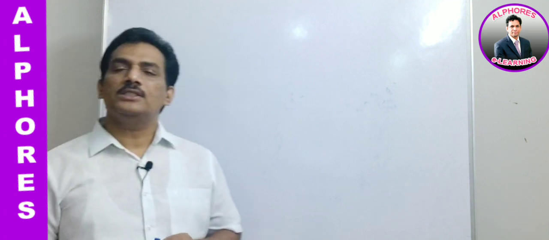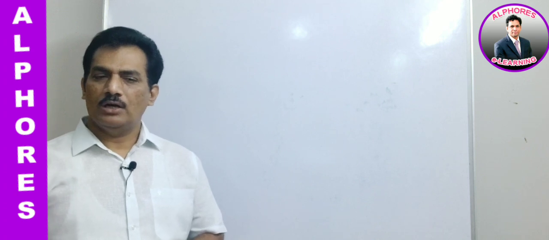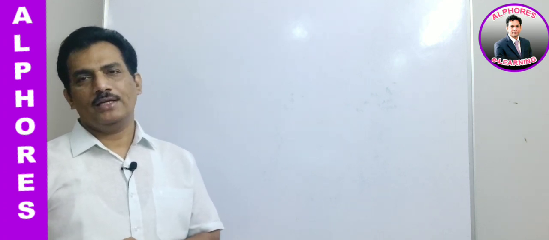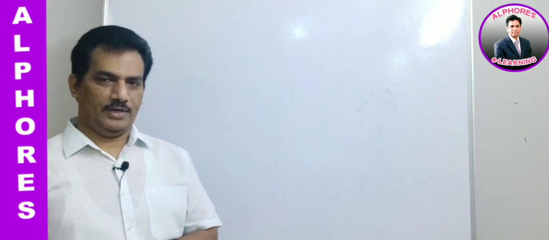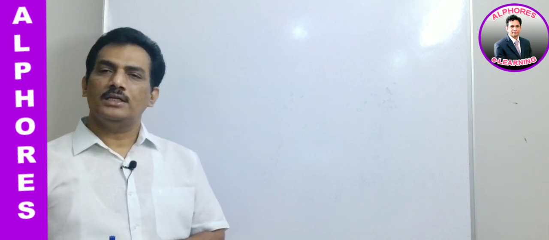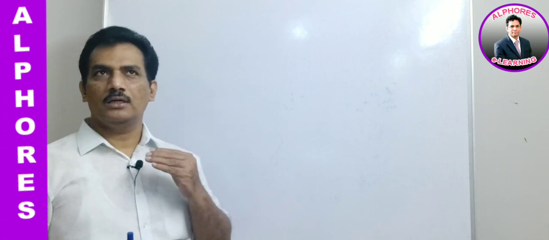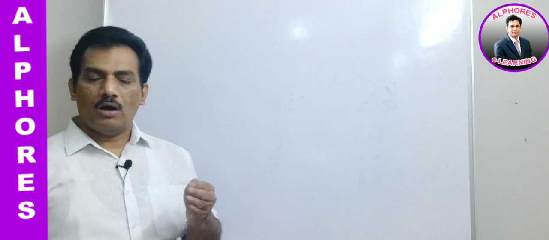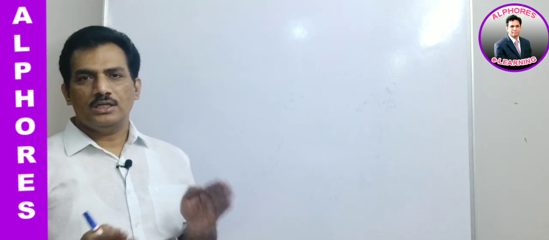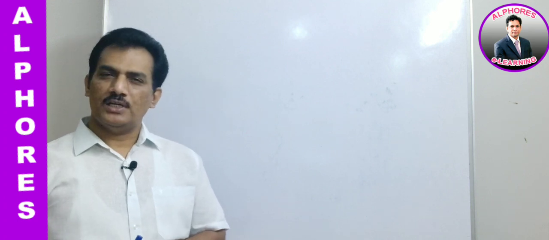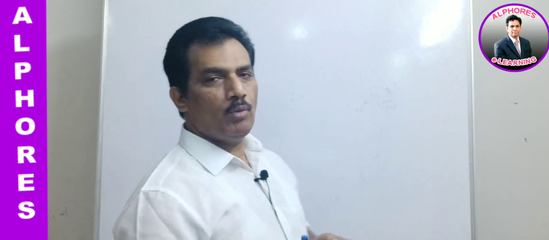In previous sessions we discussed measuring the atomic weight and molecular weight, and expressing them as gram atomic weight and gram molecular weight. We also found the relation between the molecular weight and the mole, and also the number of molecules present in one mole. All these relations we discussed in previous classes.